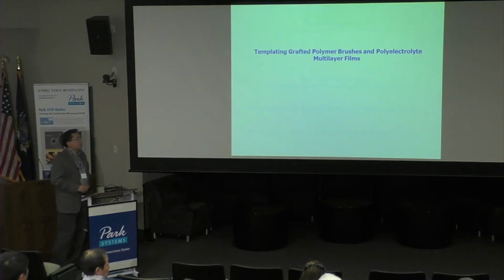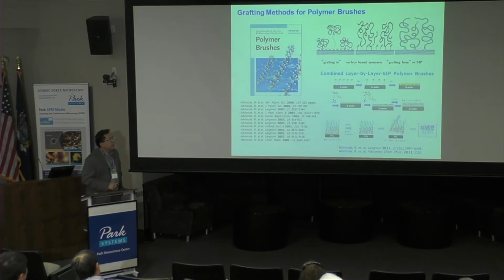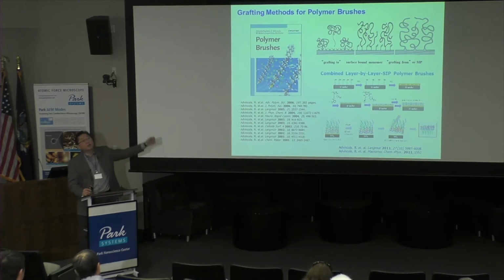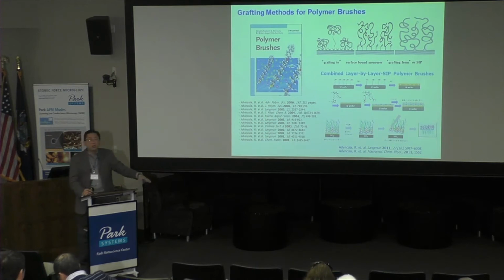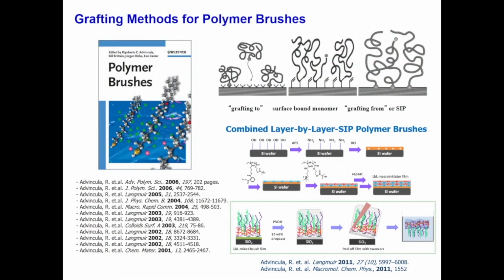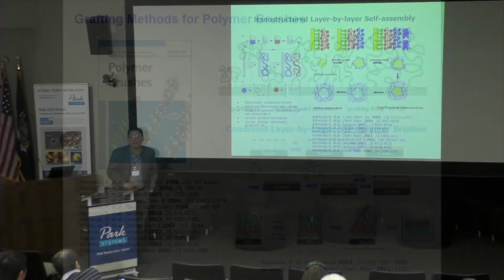Now, let me take you to the next theme. We do a lot of polymer grafting. That is, we grow the polymer directly from the surface, okay? Another way to grow the polymer is you can graft it onto the surface, or you can polymerize through the surface. So we did a lot of chemistry development on the surface-initiated polymerization approach. In fact, we use various templates and different types of applications. Together with polymer brushes, we call them polymer brushes, we reported a lot of chemistry on